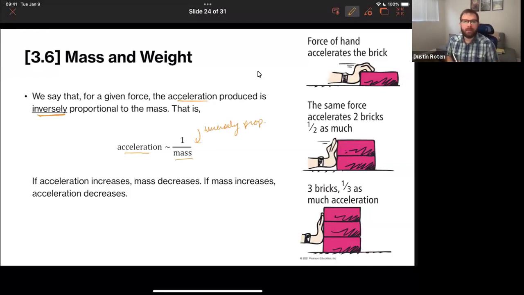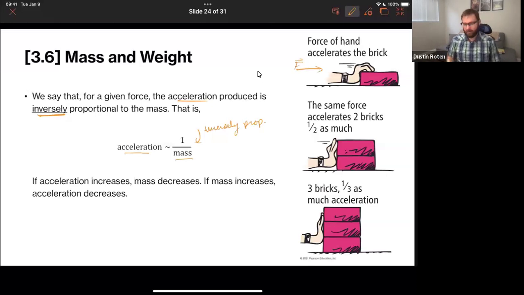I'll abbreviate. So basically, if acceleration increases, mass decreases, or if mass increases, acceleration decreases. So in the previous example, we had acceleration increasing, force increasing, acceleration increasing, they flip together. These two are opposite. So when it comes to mass and acceleration, whatever one does, the other one does not. So if we look at this image here,